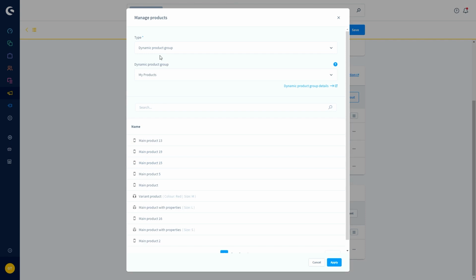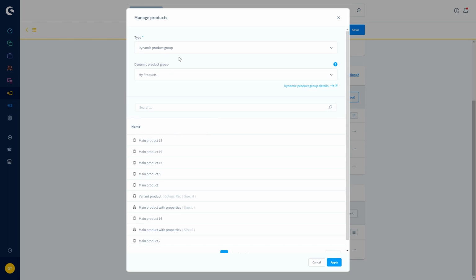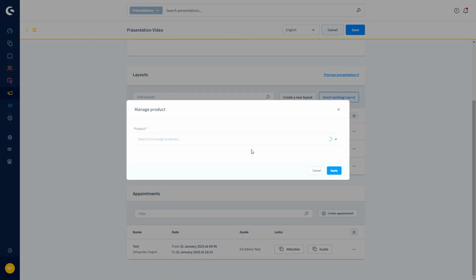Also here, for my listing page I've got a dynamic product group, so here you can choose either your dynamic product group or a manual selection. This would look like this then, and here you can just assign your products. The same here, you've got the manual product selection. Just open the drop down menu and select your products.